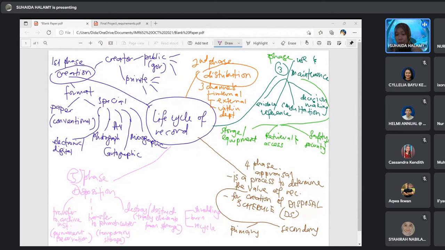For temporary only, for retention only, before we decide nak destruct ataupun kita nak transfer to archive. Sebab tu I buat garis putus, sebab dia temporary.